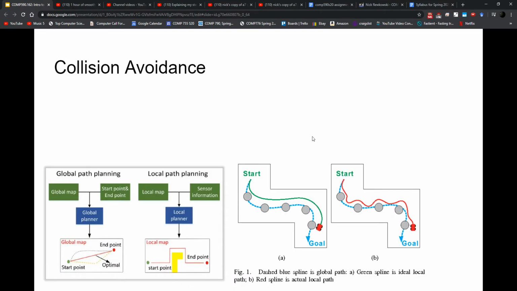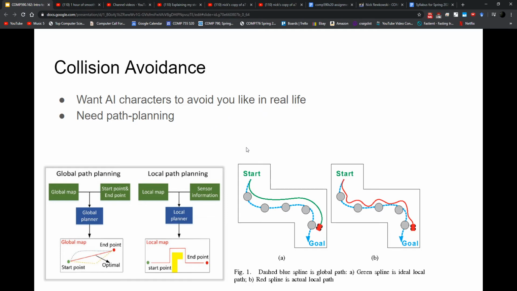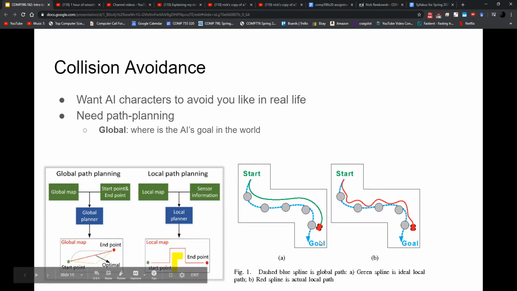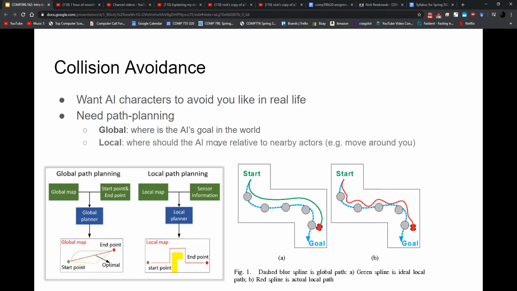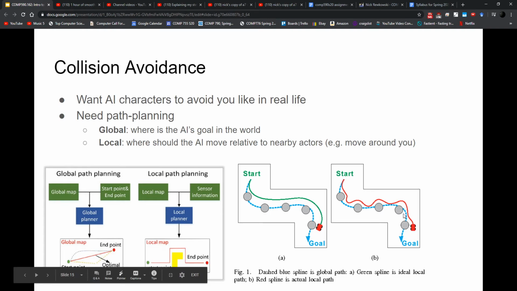So I think last time we ended at the end of navigation, so I'm just going to quickly summarize this. For collision avoidance, we want the virtual agents to avoid you. We need path planning for this. There is global path planning, so what is the ultimate goal, and how do we roughly want the agent to get there? And then there's local path planning, which is where will the virtual agent move relative to nearby actors. So in this case, this car,